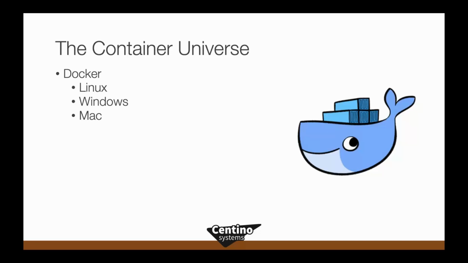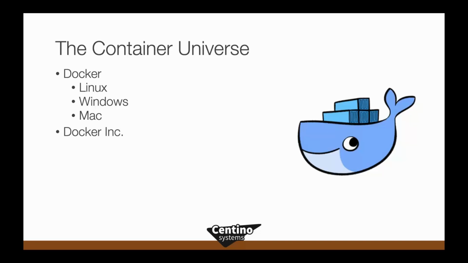It's super cute, the Docker whale. What is Docker? Well, Docker is really a technology. It's a thing that exposes what a container really looks like. It has since been open sourced and is available to freely develop and move forward. But Docker as a platform exists on Linux, Windows, and Mac. I'm on a Mac today. I know people that run Docker on Linux and also on Windows. And any of the containers that we're going to use today will run on any of these platforms, which is crazy, that I can pick up a Linux container and run it on my Mac or on my Windows machine very, very easily.